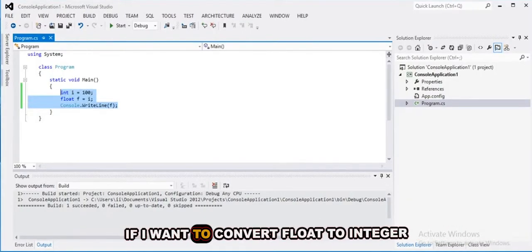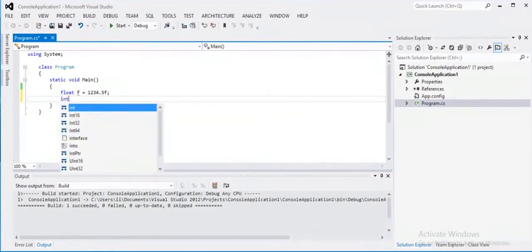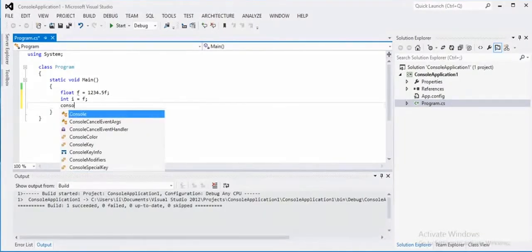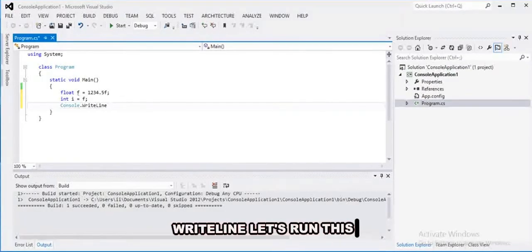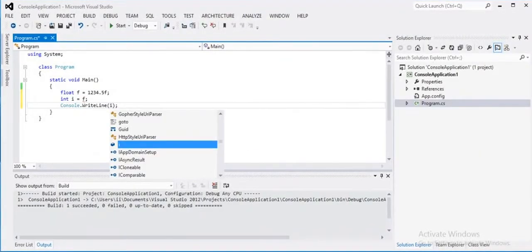Now if I want to convert float to integer, let's do this. Float f is 123.45, the precision of float. Integer i is initialized to the float, and to print, Console.WriteLine i. Okay,